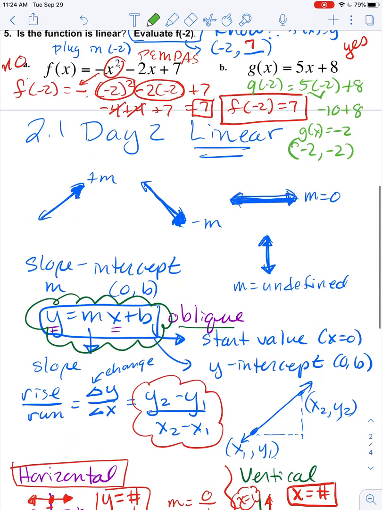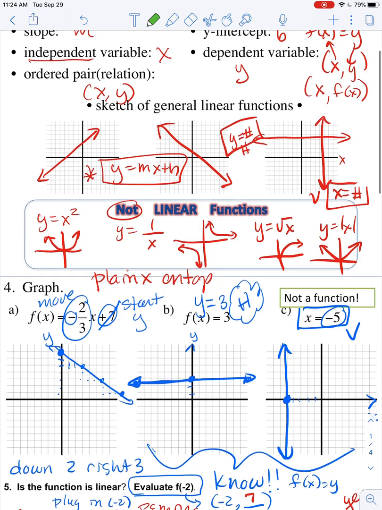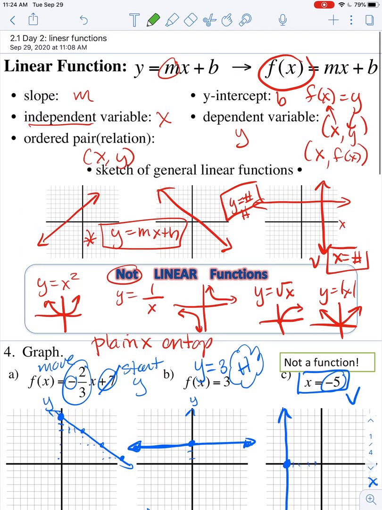So this stuff down here is kind of the gist of what we're doing, getting our brains back in line, because, no pun intended, the remainder of this chapter really focuses on linear graphs and functions. We are going to be gearing up towards graphing calculator stuff. So if you can get your hands on one, either new or used, or if you want to go to the library and